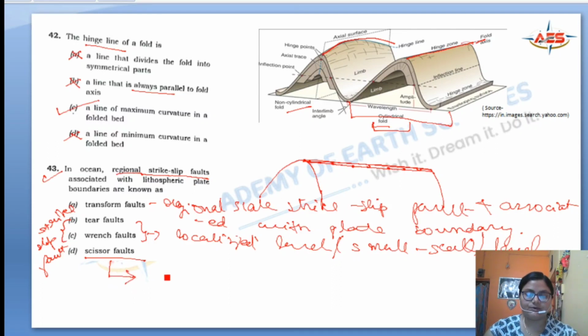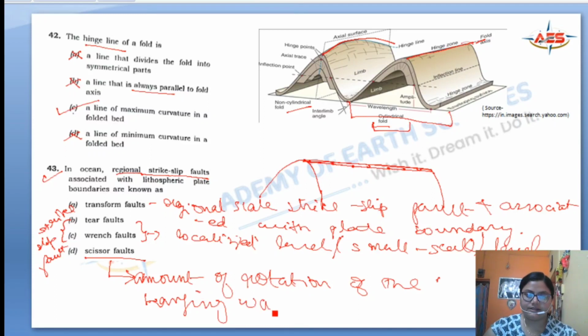Caesar faults are those in which there is an amount of rotation of the hanging wall along an axis which is perpendicular. Okay,